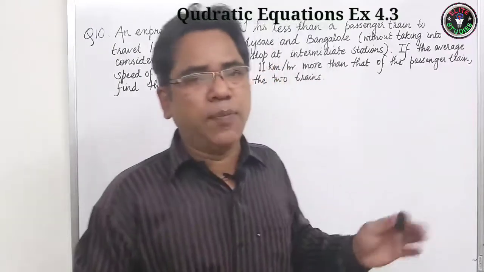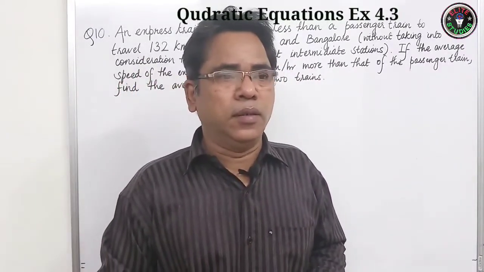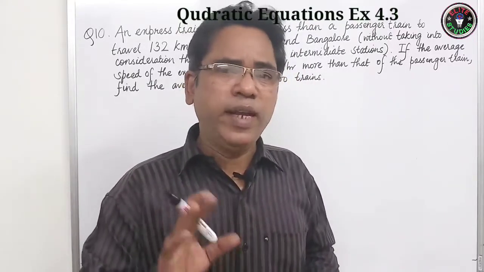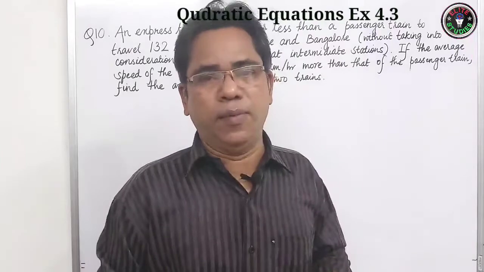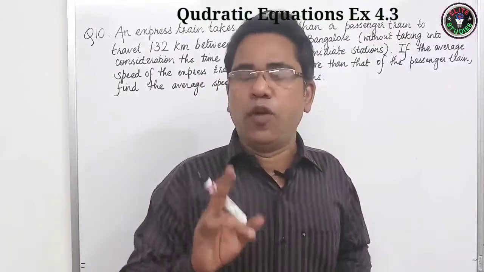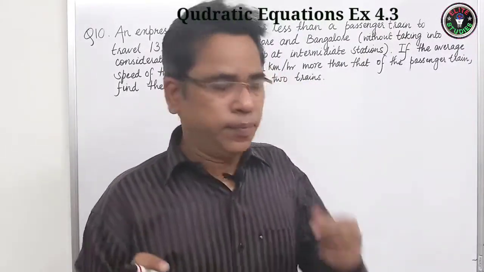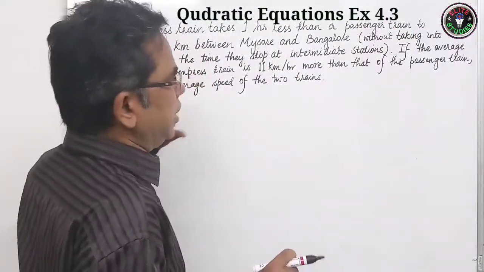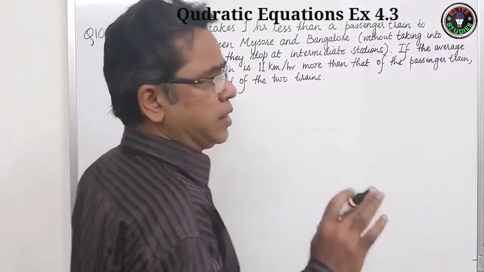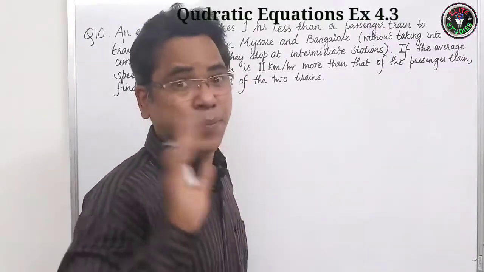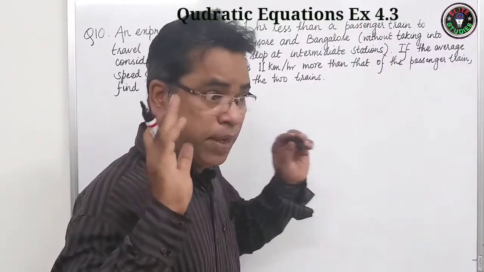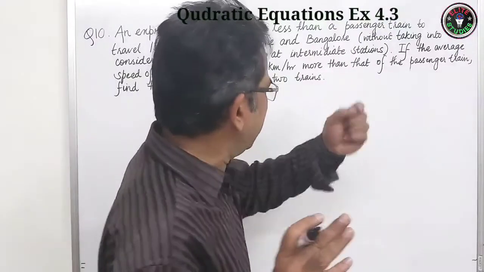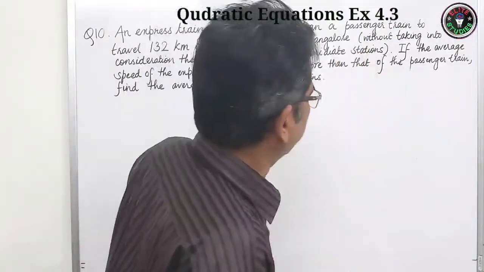So dear students, such type of problems are called time and distance problems, and these problems are very much easier as compared to time and work problems. You have to use the formula, speed is equal to distance by time. You have to develop some concept here also, but not so rigorous as in the case of time and work, where a big concept is required and you have to think very meticulously. Here a little bit of thinking is enough.